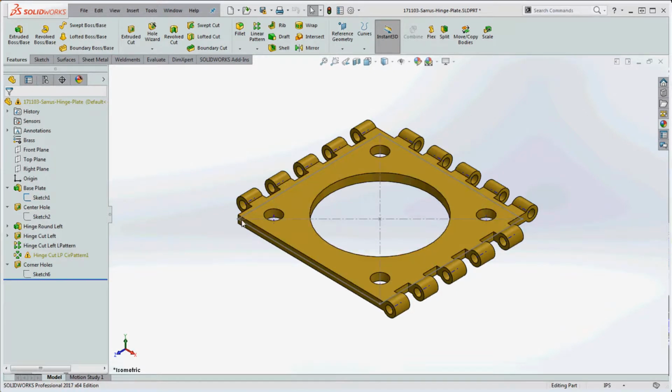I added some holes. They're going to be centered between the edge of the circle over here, or ellipse, and over here to the edge, or that corner. We call those corner holes. In a way, what we're trying to do is set up a model here that we can